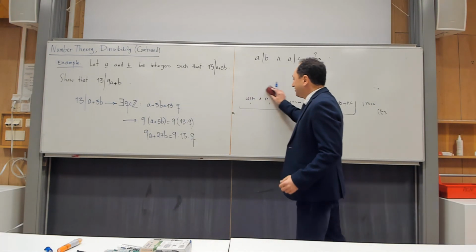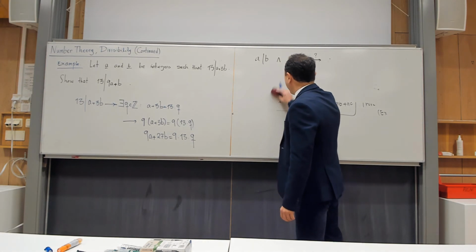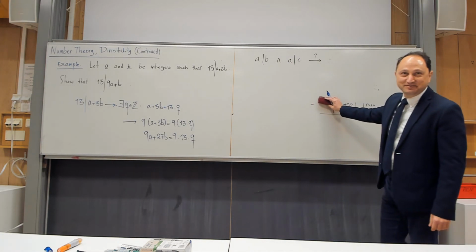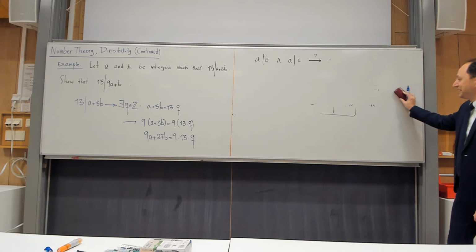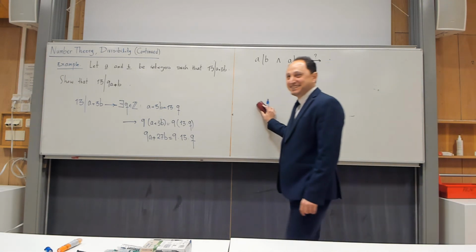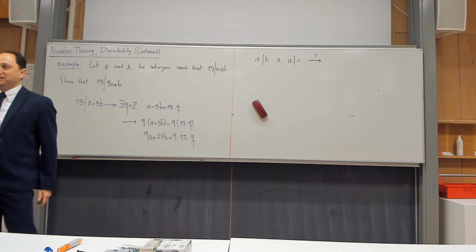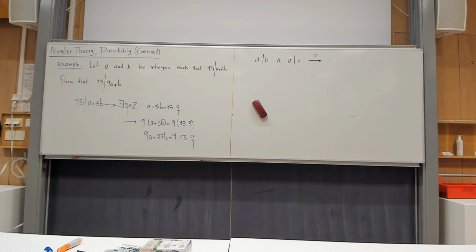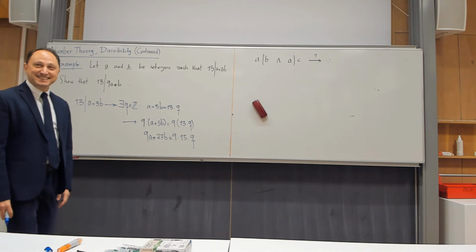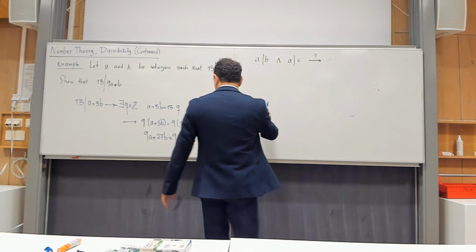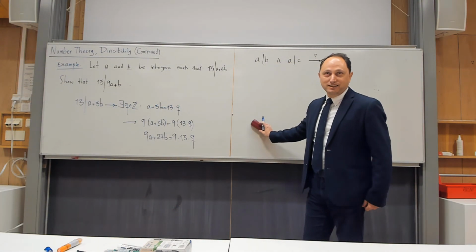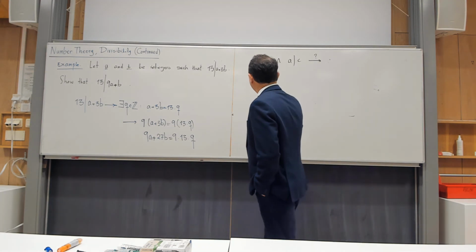You have 27 ice creams. You want to have only one ice cream. You eat 26 of them. Is it possible that you don't know what to do? So now I have 27 B's. I want to have only one B. So what should I do? Eat 26 of them. So it means I need to subtract 26B. So what happens? It becomes